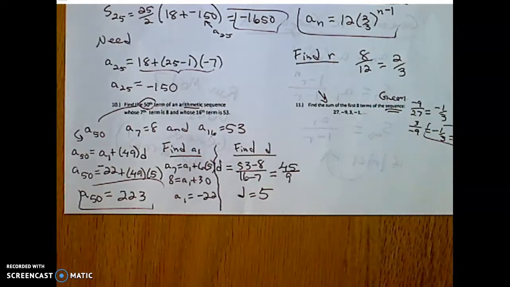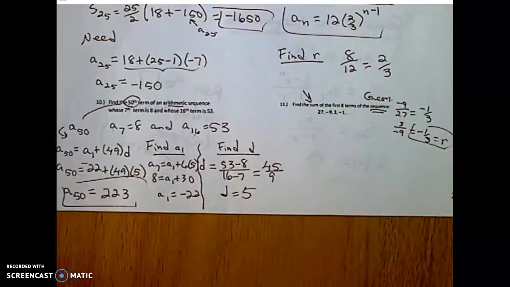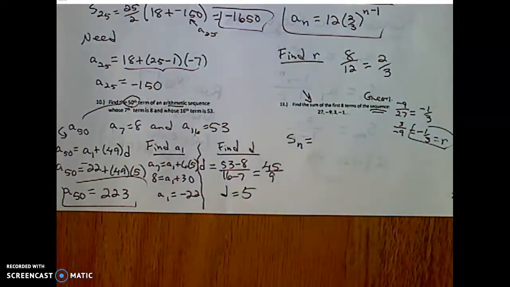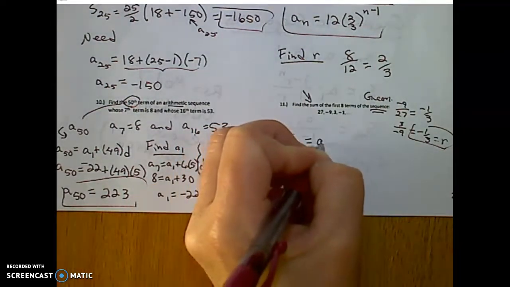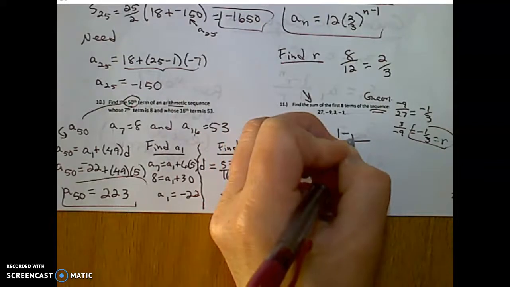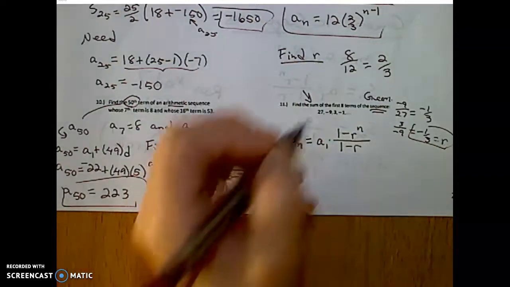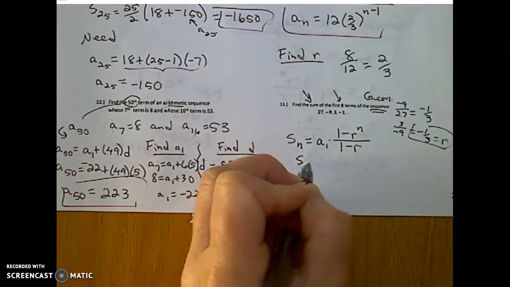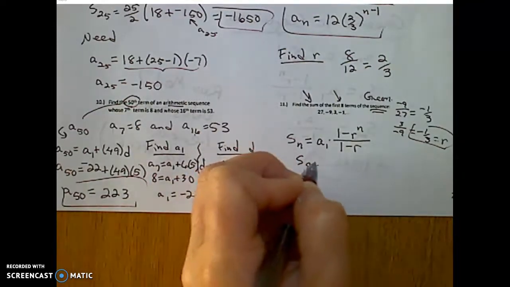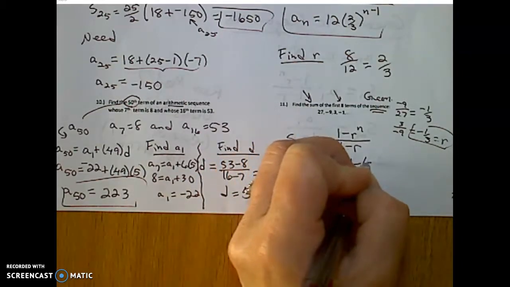Okay, if you have not yet, pause and try to remember how to find the sum of a geometric sequence. Let's jot down the formula. It's the first term times, there's a ratio in there, 1 minus r to the n over 1 minus r. Let's find the sum of the first 8 terms. The sum of the first 8 terms will equal the first term, which is 27, times 1 minus negative